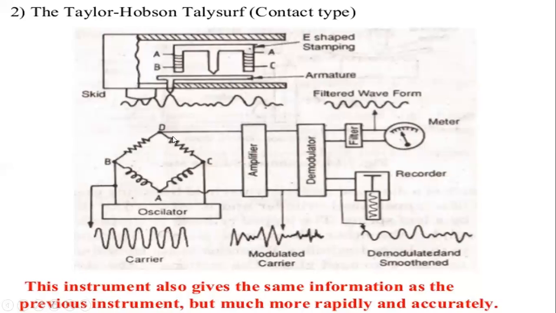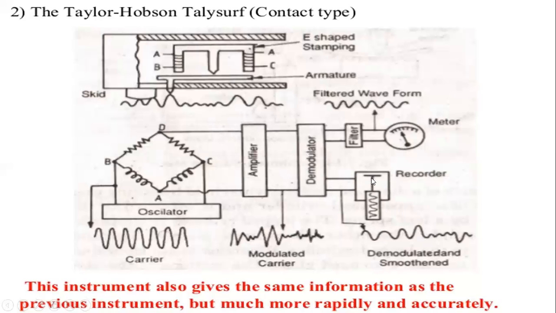work done in the Taylor Hobson Talysurf, which consists of an E-shaped stamping. This E-shaped stamping is connected to the armature and the stylus, which is attached to the skid. Whenever the surface gets irregularities, it is sent to these armature points, and then it is sent to the E-shaped stamping, which is attached to the Wheatstone bridge. Then it is sent to the amplifier and then the demodulator, to the error-carrying carriers, that is the modulated carriers, and then it is demodulated and sent to the filter, and the other end is sent to the recorder for the